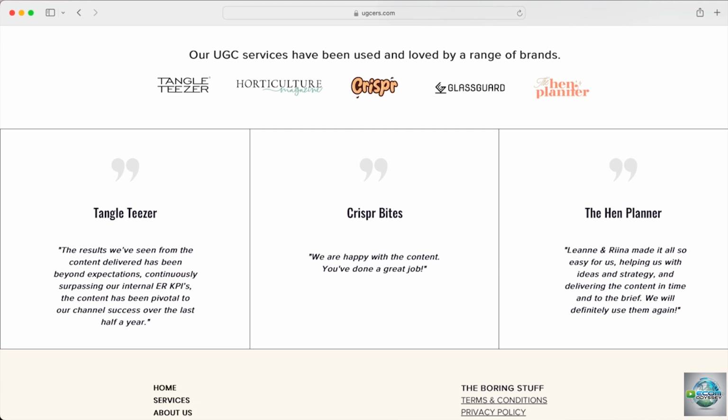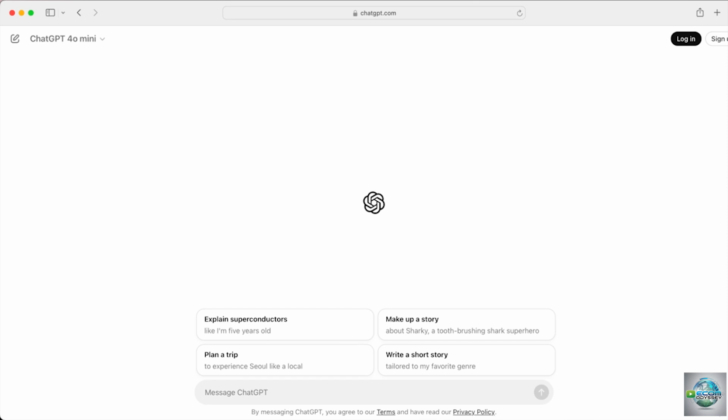The only section I would add to this is the frequently asked questions, because again, the more information you can provide potential clients, the more interested they'll be in your service, and they'll be easier to convert into clients. So whatever websites you're using as inspiration, hopefully one of them will have a frequently asked questions section. And if they don't, it's absolutely fine, because what you can do is go to ChatGPT and provide the following